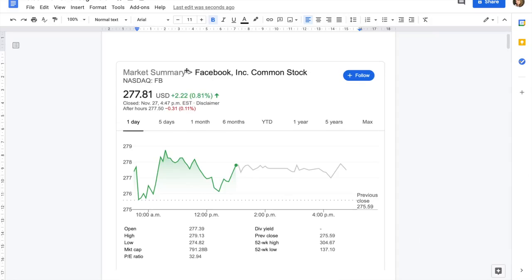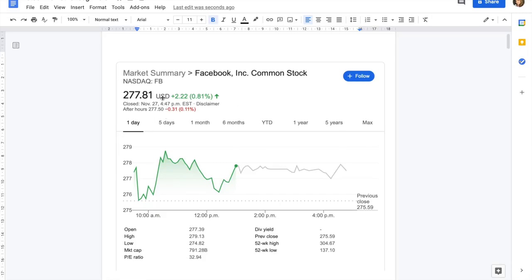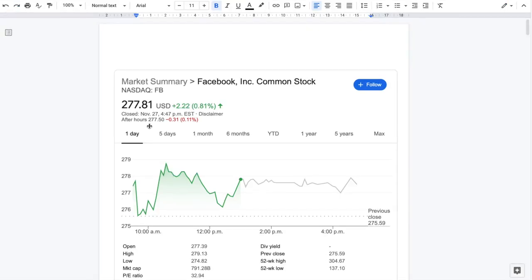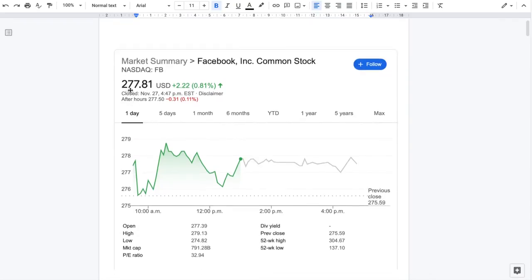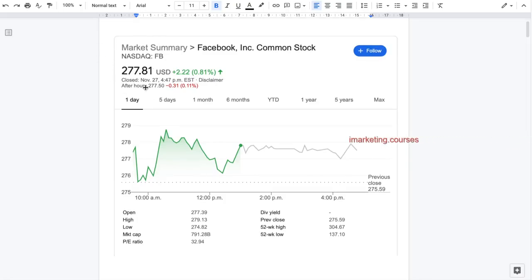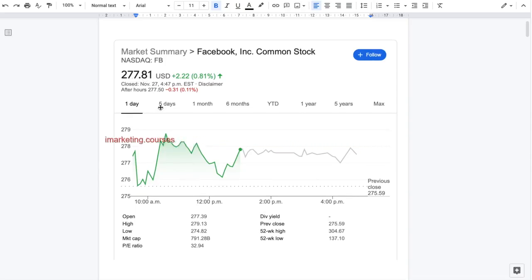Now in front of us we have Facebook stock, and Facebook stock has 5 million shares available that anyone can buy. And the price you see right here, which is $277.81, represents just one share of Facebook. Now let's say I decide to buy one share of Facebook right now that is worth $277.81. Now that means I own one small piece of Facebook worth $277.81. And if I wanted to, I could buy 5 shares of Facebook. So that means my investment would be worth